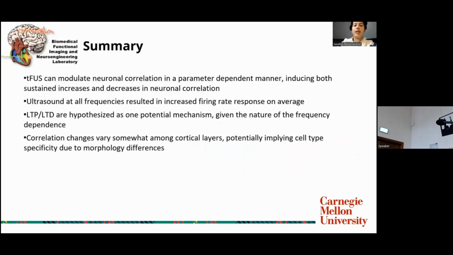So yeah, in conclusion, we found that ultrasound within our waveform paradigm could modulate excitability and correlation change in the